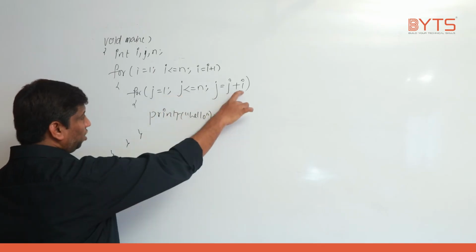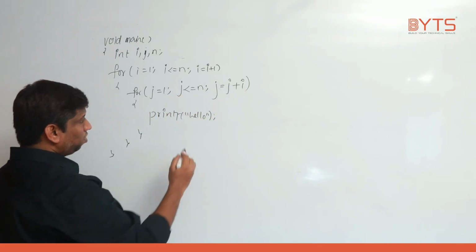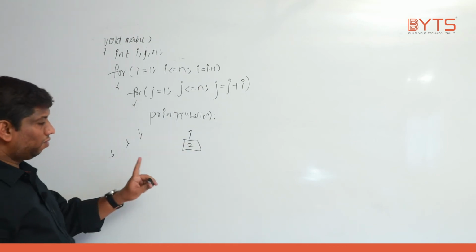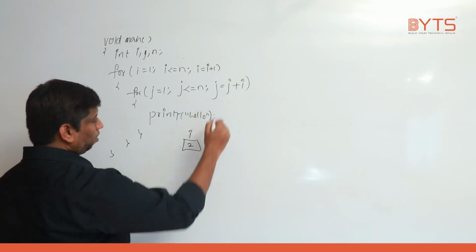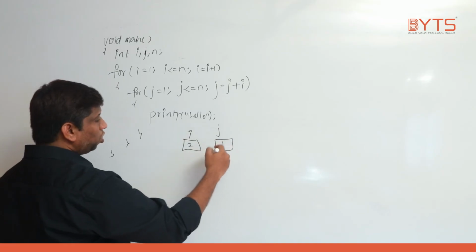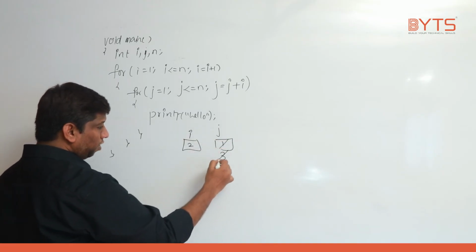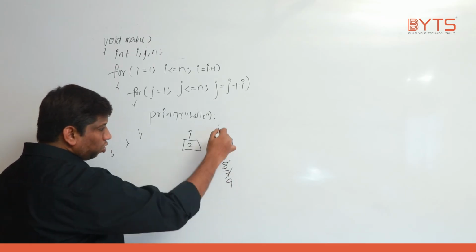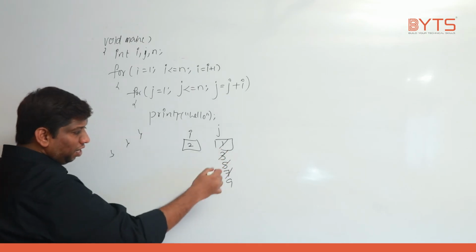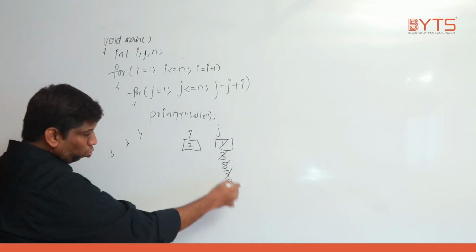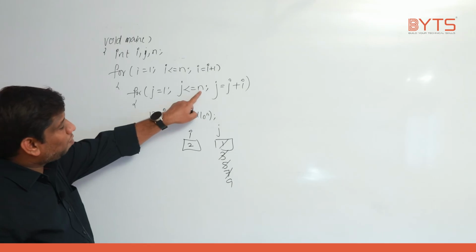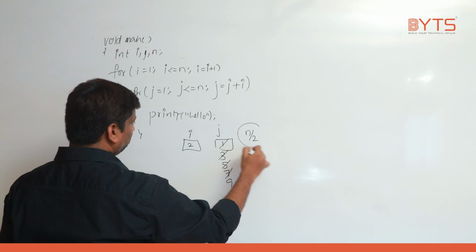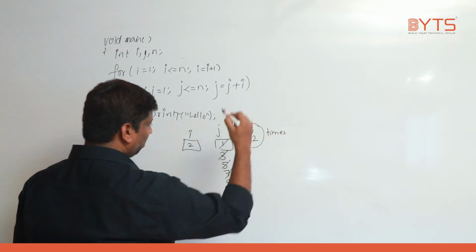If j is 1, i is 2, 1 plus 2, understand. Let us take i is 2. Very important point I am telling. j is 1. Already we explained this example. So 1 plus 2, 3, 3 plus 2, 5, 5 plus 2, 7, 7 plus 2, 9. So j value is every time incrementing by 2. At what point of time are you going to complete this loop? When it is n by 2 times, right? I hope this is very clear.